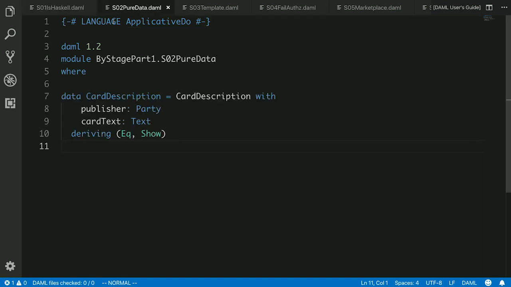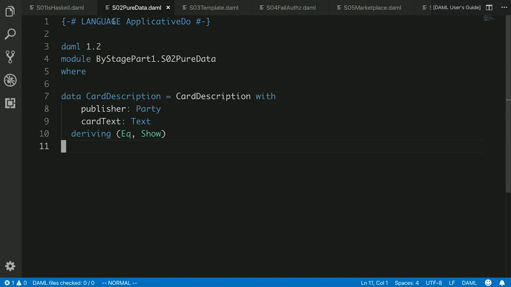We can define data, and we can derive type classes from it. In this case, I'm going to build a market for trading collectible card games. Seemed like a reasonable small project.